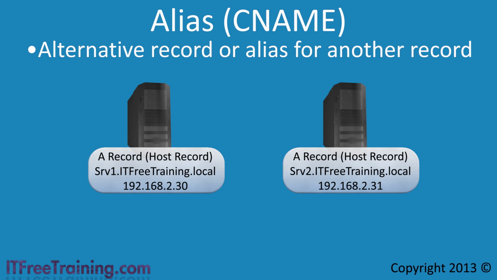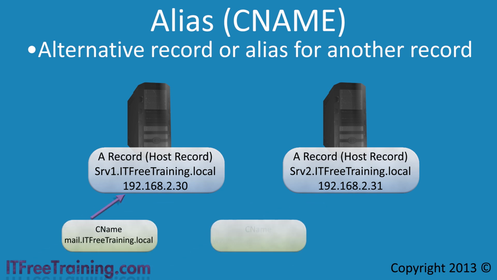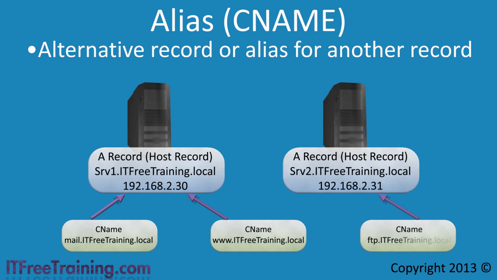CNAMEs can be created for each service. For example, a CNAME could be created for mail and www. Now, when the user attempts to resolve mail or www, they will be directed to SRV1. If an FTP service was added to SRV2, it would be a simple matter to create a CNAME that points